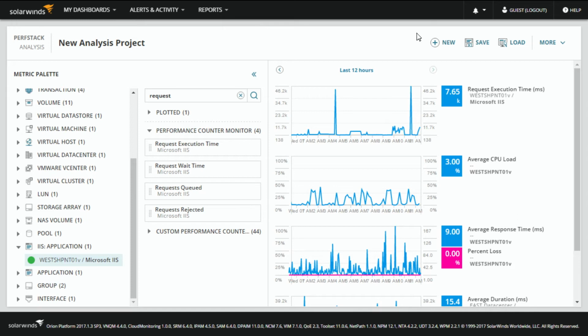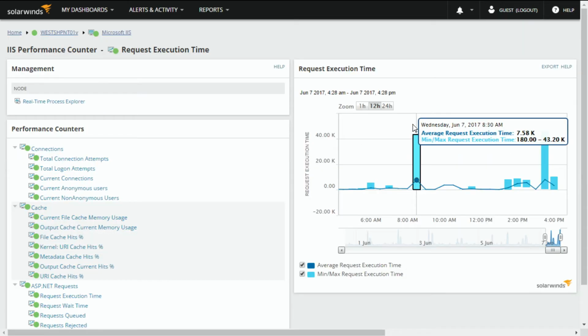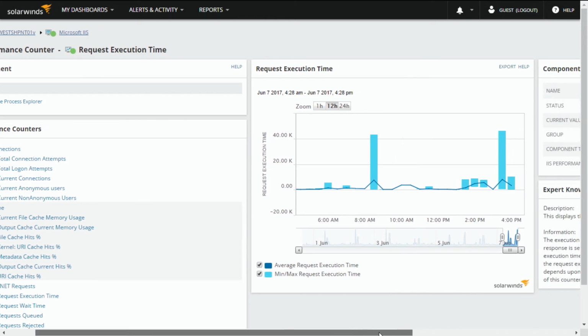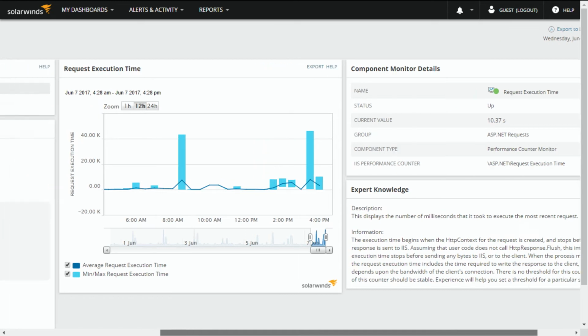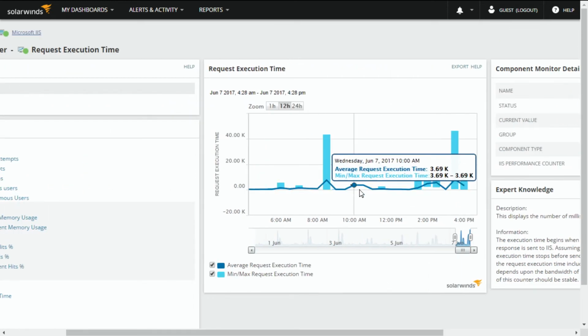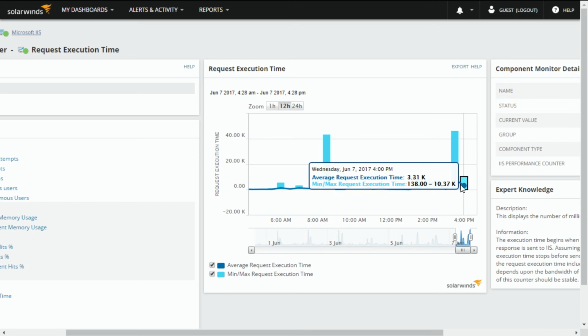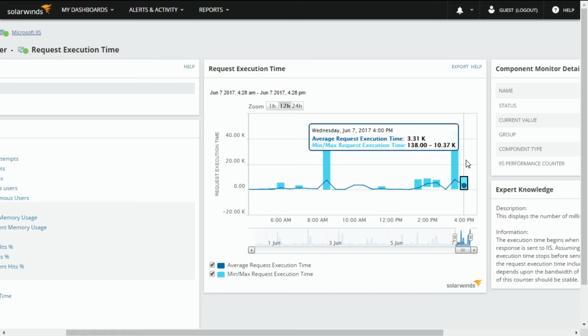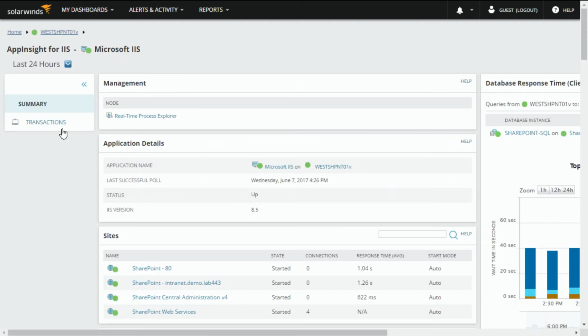Okay. So what we see here is there are some spikes happening. We can go back into the metric inside of App Insight for IIS. There's our expert knowledge again, and what we can see there is that average baseline, which SAM can do, and then we see our responses that are uncharacteristic. Now, what that means is likely somewhere within the application itself, within the web code, there's something that's broken. We can look into our actual transactions and dig into the steps. So we knew that the WPM transaction was long.